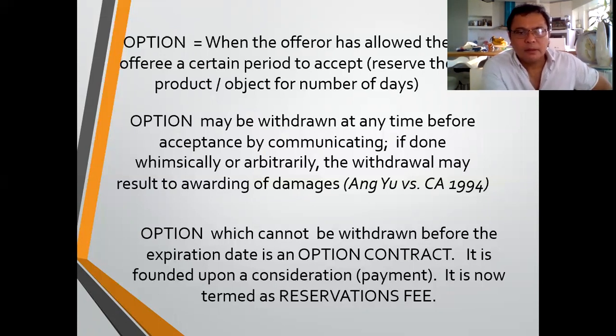So example of this is if you buy a condo unit and you don't have the money yet, you're still planning to apply for a loan in the bank. So the salesman would offer that we can reserve this for you, sir, if you want. No? We will reserve this unit for you for 30 days. So that is what you call option, reserving the product.